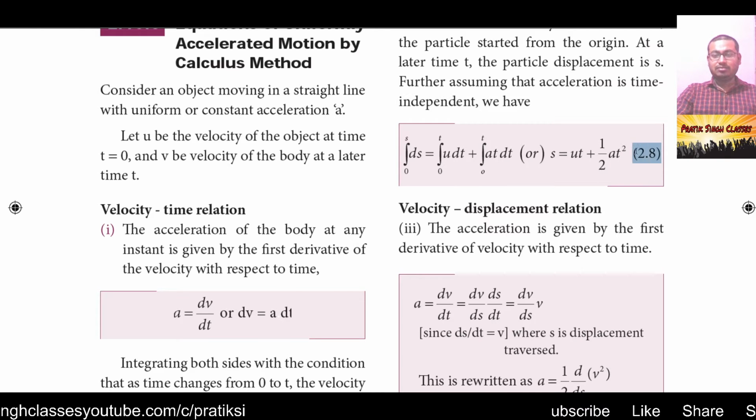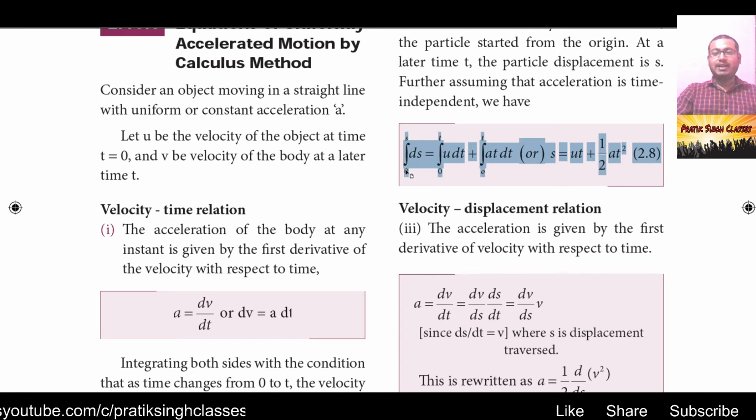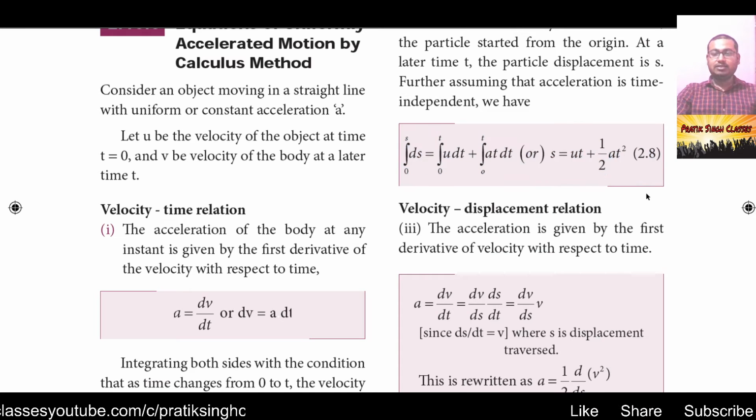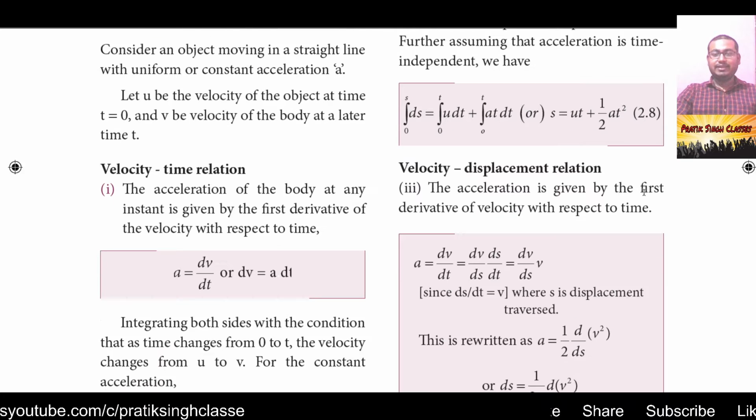You just need to memorize how it has come. Why it is happening you do not need to memorize, because now calculus is omitted from physics. If you wish, you can see the previous video lectures. So we will have s = ut + half at square.